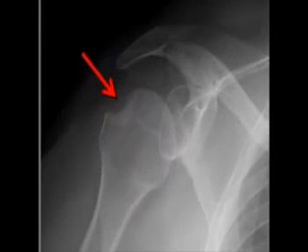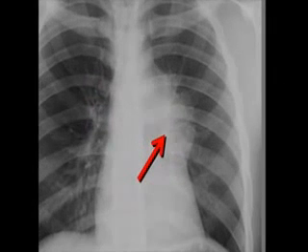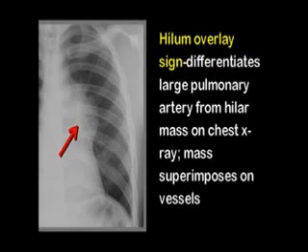What is the name given to that deformity? That is a Hill-Sachs deformity, which is a fracture of the posterior and lateral portion of the humeral head from an anterior shoulder dislocation. What is the name given to this sign? This is the hilum overlay